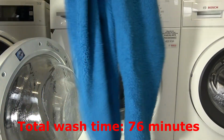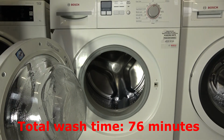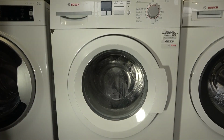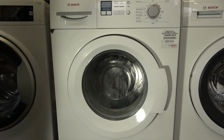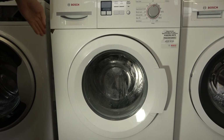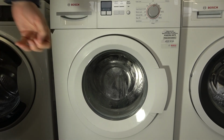All done. Very nice and clean, well spun, fresh. Right, what to give this out of 10 then? Well, it's actually going to get a solid 9 out of 10. The only problem, I think this is just more of a Bosch thing, it rots here for some reason. But other than that,